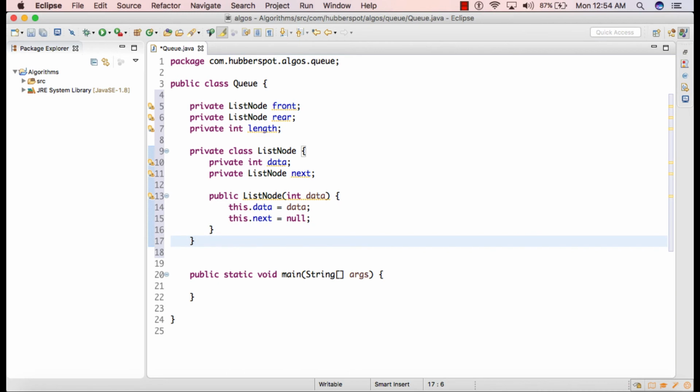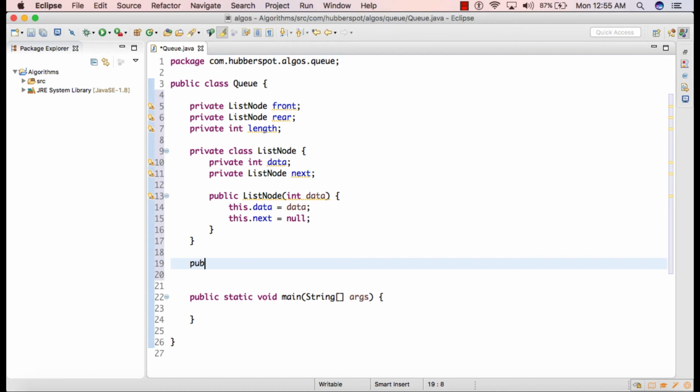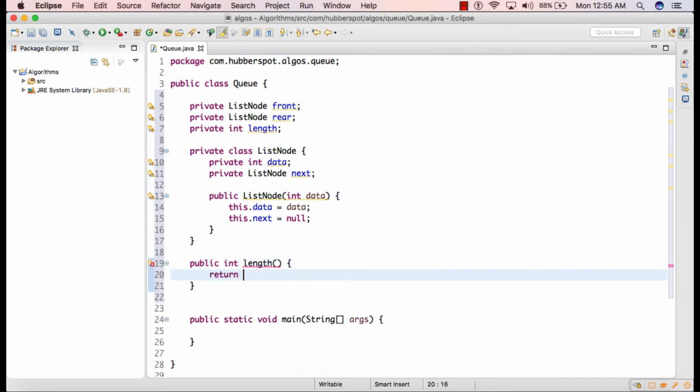So friends, here we saw a queue has two list nodes. One is represented by front and the other is represented by rear. Below we'll create one method as public int length. Now this method will return us the length of the queue.